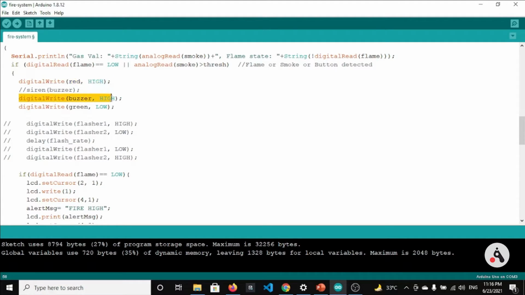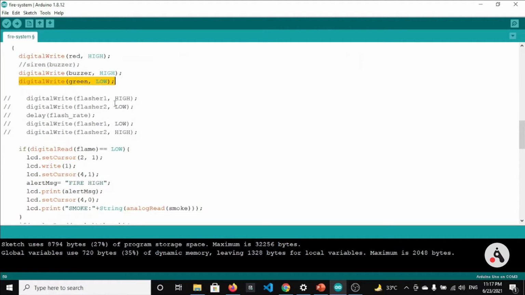We will turn the buzzer to high, which means it will start buzzing. After that we will also make the green light low. These are the things we are doing right here.